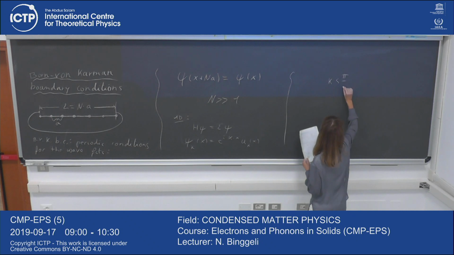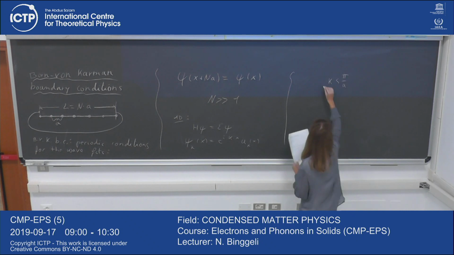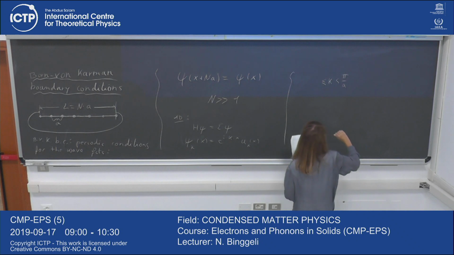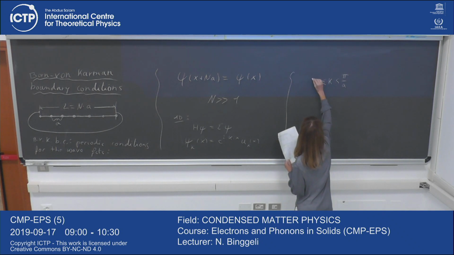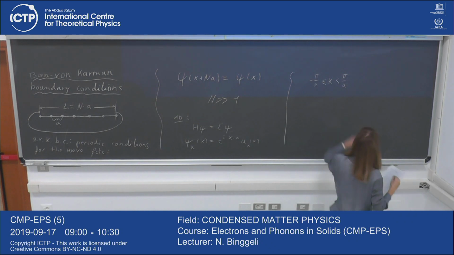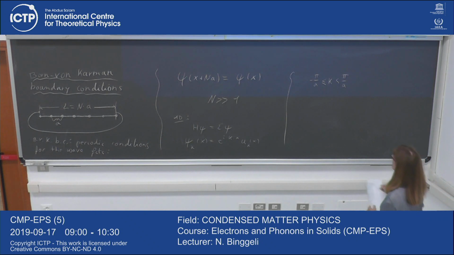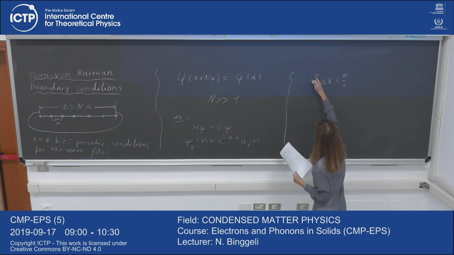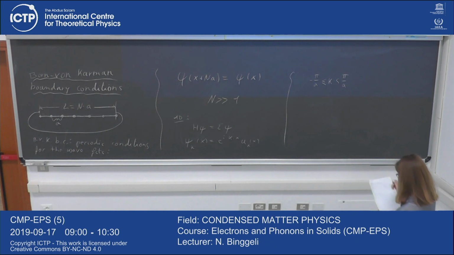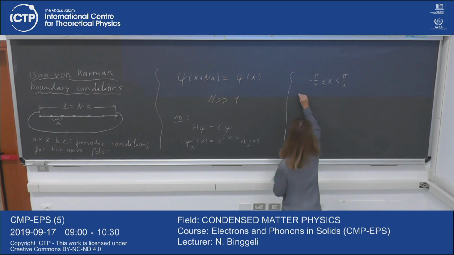So in one dimension, k is smaller than π/a and larger than −π/a, with just this equality here, that corresponds to what we discussed for unit cells. Okay, so this is just from Bloch's theorem, and now I'm imposing the Born-von Karman boundary conditions